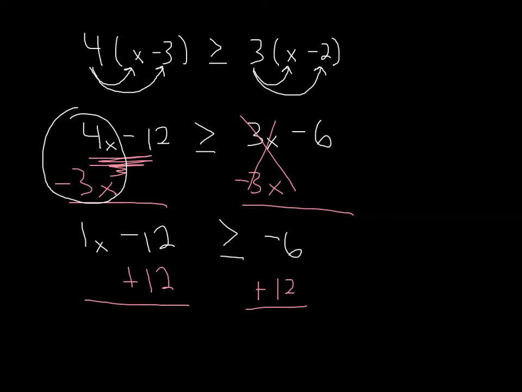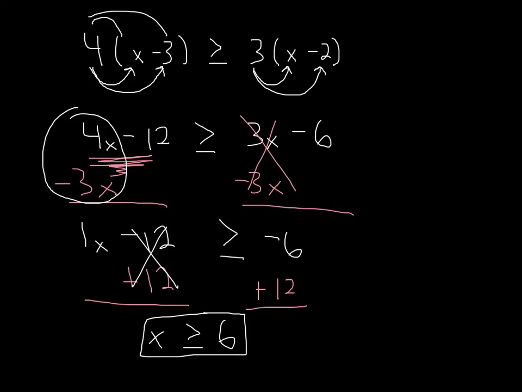When I do this, I end up with my negative 12 and 12 canceling. I have an x. It's going to be greater than or equal to 12 minus 6, which is equal to 6, and I have my final answer. So the key here was really to distribute your multiplication values into each part of the parentheses, and then to get x by itself